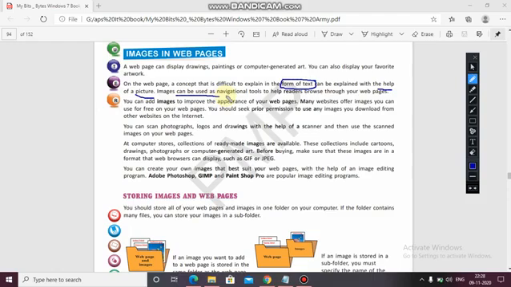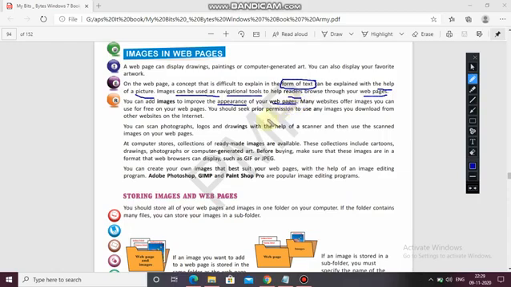Images can be used as navigational tools to help readers browse through your web pages. You can add images to improve the appearance of your web page, like you are changing the font sizes, font color, or changing the appearance of your web page to make it more attractive.